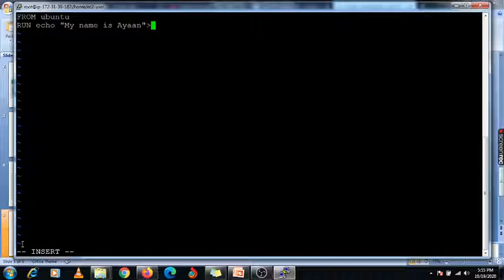This content I want to save under /tmp/testfile. So it will create one file with the name testfile under /tmp with these contents. I am going to create one ubuntu image from this Dockerfile, and under that image one file will be created under /tmp with the content my name is Ayan. Okay, I am going to save it.